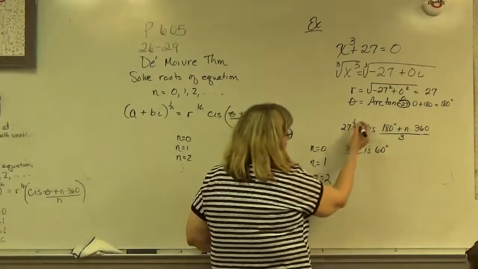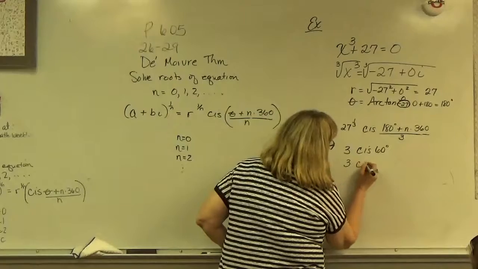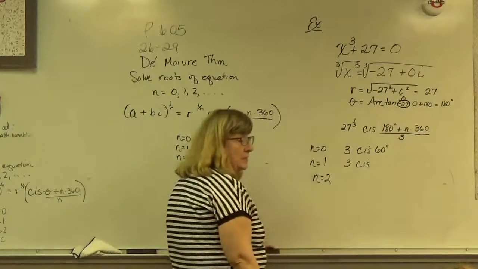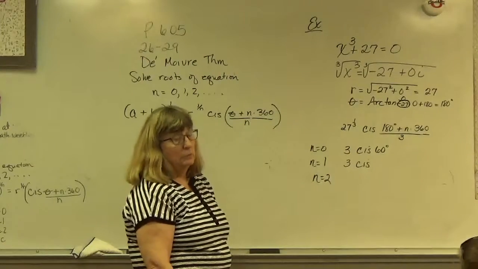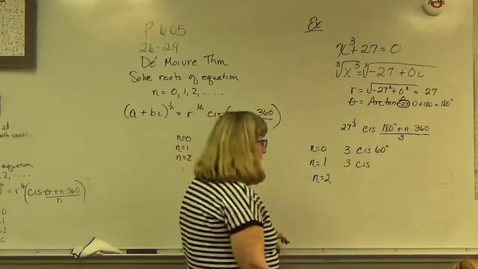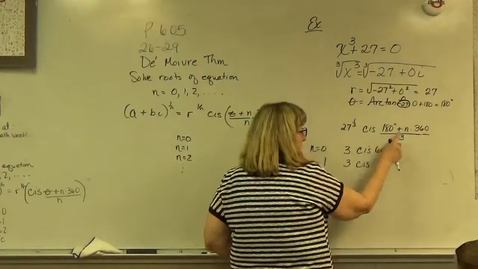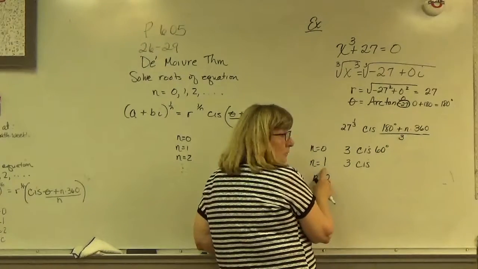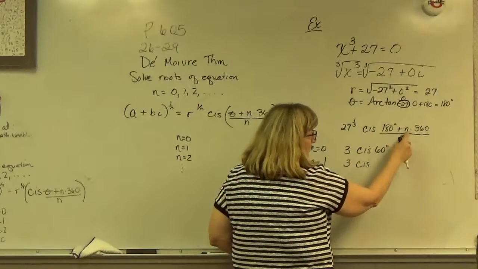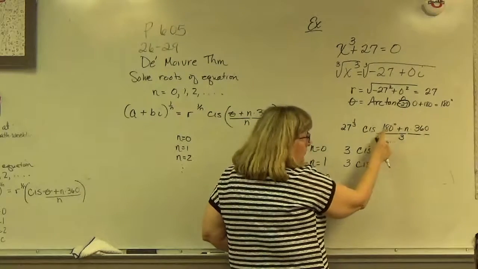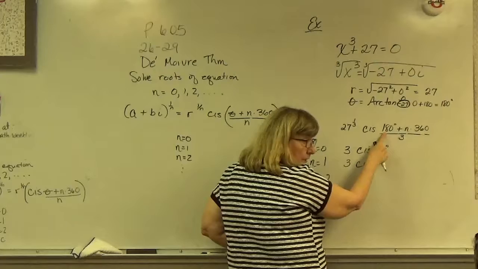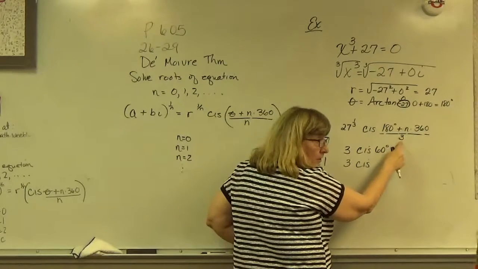Now the next one. 27 to the 1/3 is still 3. It's going to be cis, which again, what's cis stand for? Cosine plus i sine. Now we go 180, and now what's the n going to be? 1. So 180, and then 1 times 360, you've got to multiply first. 360. 360 plus 180, 540. 540 divided by 3,